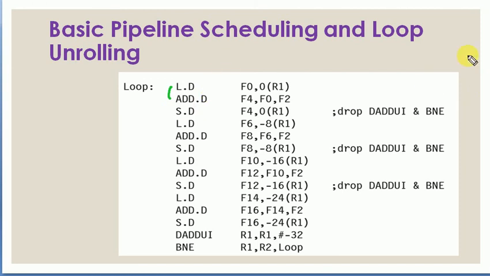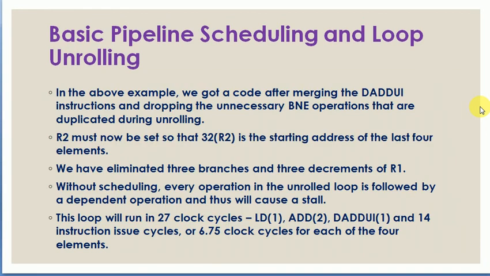Okay, similarly, I am not going to explain all those things. For the add operation there will be 2 delay. Then for DADDUI there will be 1, and 14 instruction issue cycles. Normal instruction issues, there are total instructions available, and totally you can see 6.75 clock cycles for each of the